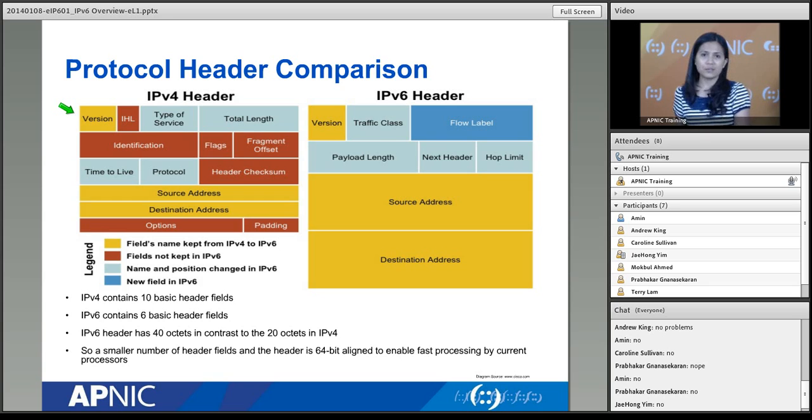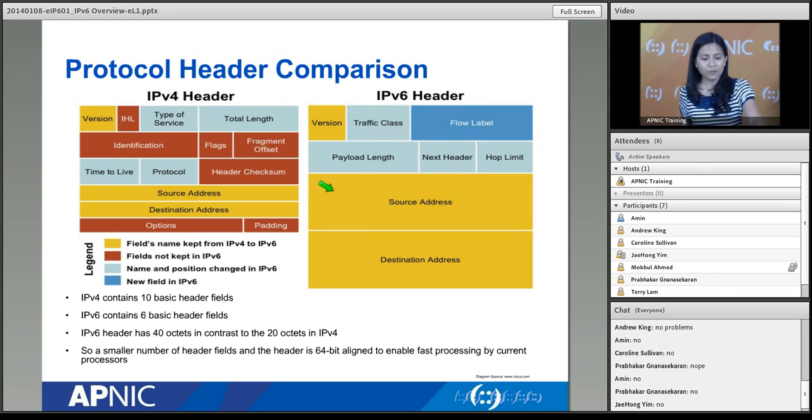In IPv6, it will be 0110, which is 6. Your source and destination addresses will still be the same. Source address is 32 bits for IPv4, and destination address is 32 bits. So in IPv6, you just have a bigger field because you have to accommodate 128 bits for each. So that's why you just make it bigger so you can see the difference between them. But everything else is still the same.